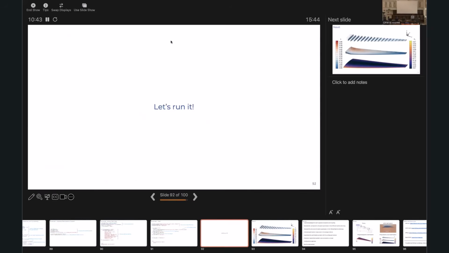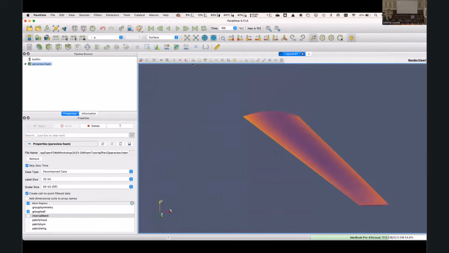So if you're following along on your computer,